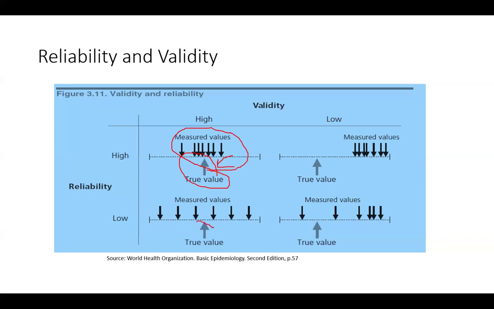Here, altogether they are still around the true value to some extent. However, you have a really wide variability of the measures, and this depicts low reliability. Reliability is when they are next to each other, so when you repeat it, it doesn't differ much. Here there's not much difference and it's next to the truth. Here you have a really big difference, but if you average, you're still around the true value. Here it's way